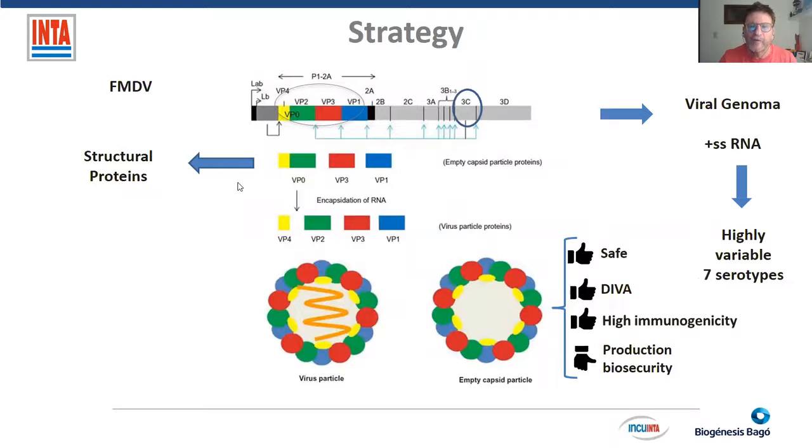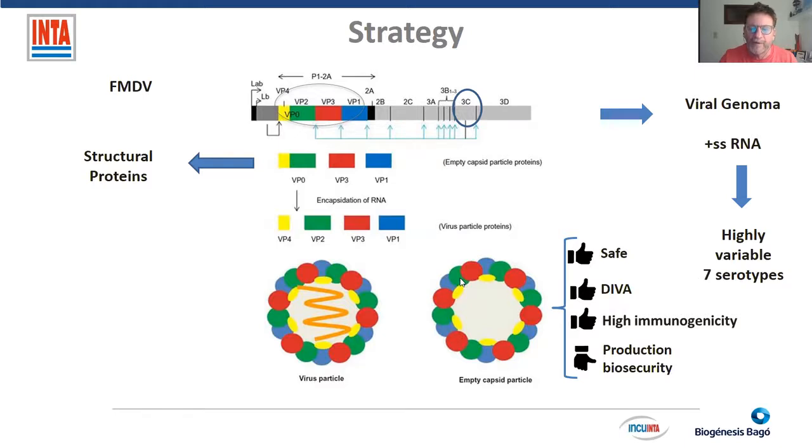In this slide, I'm going to show the strategy that we made. As I mentioned, we need to produce the VLPs. For that, we need to express the 4 different proteins, and to do that we need a plasmid that has the 4 proteins plus the protease 3C, which is responsible for cutting the linkers between each of the proteins. So we cloned the polyprotein plus the 3C, and we use that for the transfections,